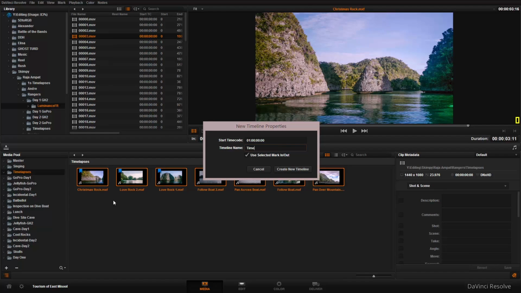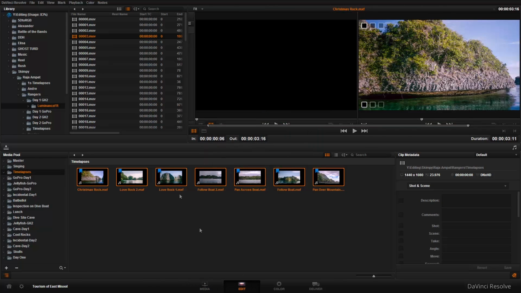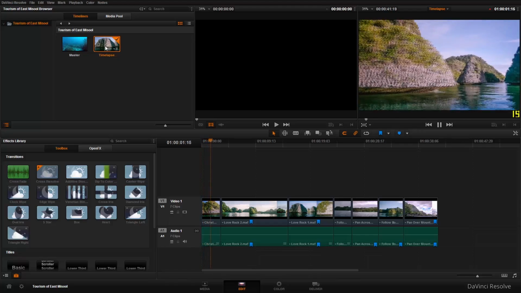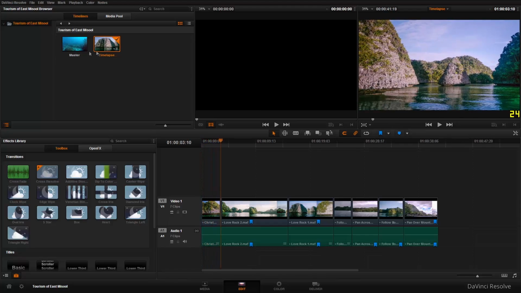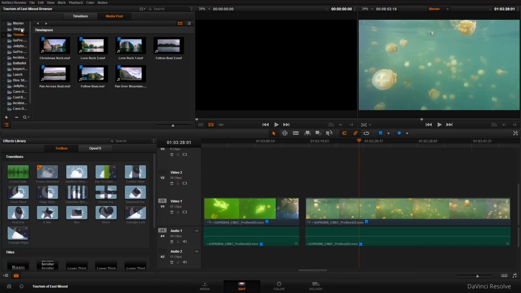Time lapse. There we go. And if I go to edit, there's my time lapse. Marvelous. However, for this project, because I've already nicely organized everything into bins, I'm just going to create a single